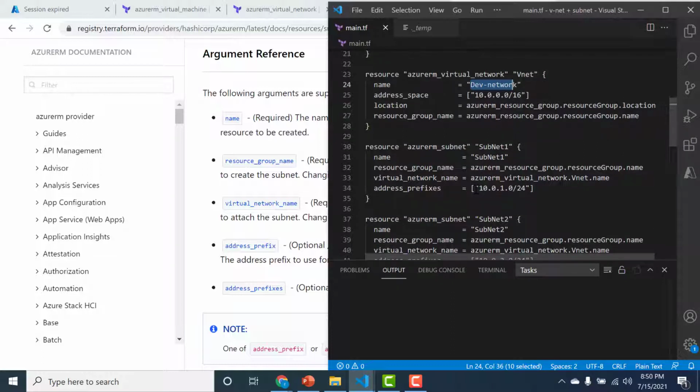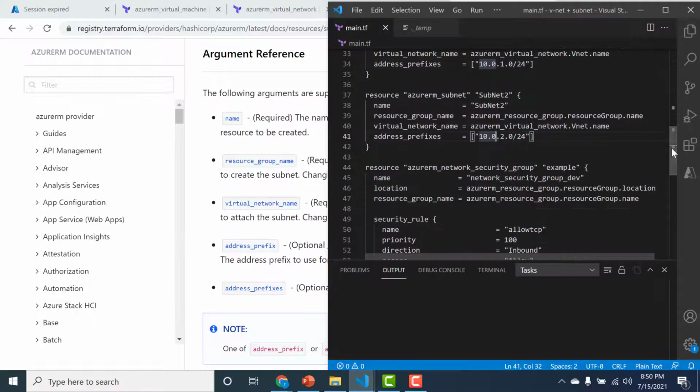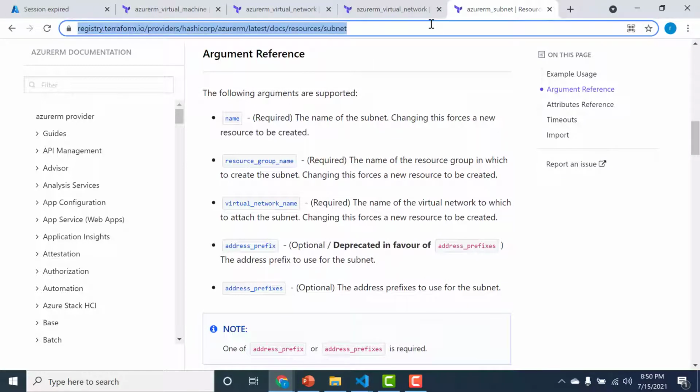And similarly, the address prefix also, so even though this is optional, I've just added this as well. The value I've added here is 10.0.1.0/24, which will give around 255 IP addresses. Similarly, I've also created the other subnet. The only difference here is that the name is different as well as the address prefix. After I've created these two, I've created an NSG, and the idea is that I will link this NSG to this particular subnet. To create an NSG, again, you can Google it as well. So let's Google.